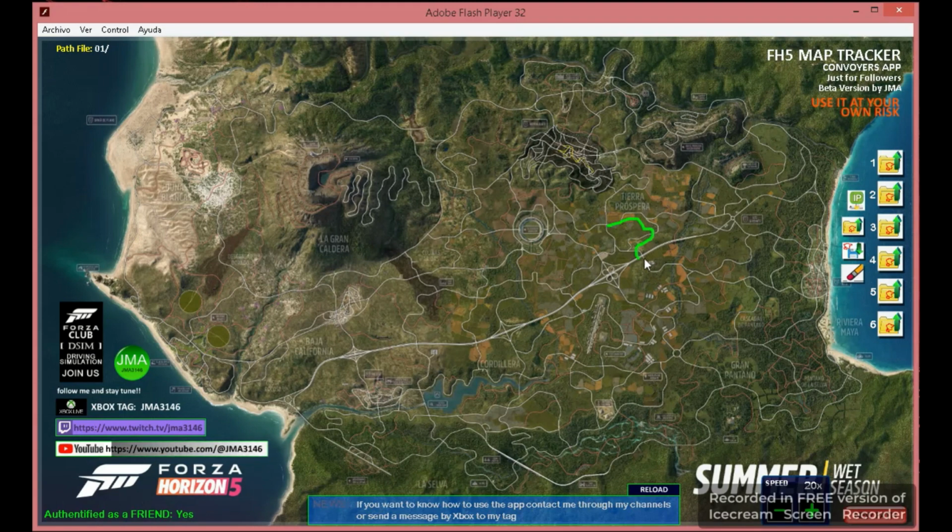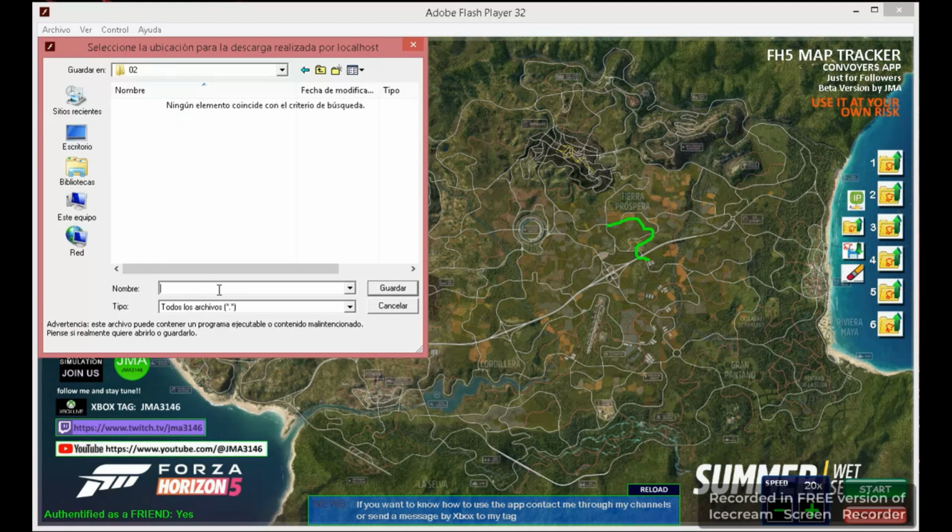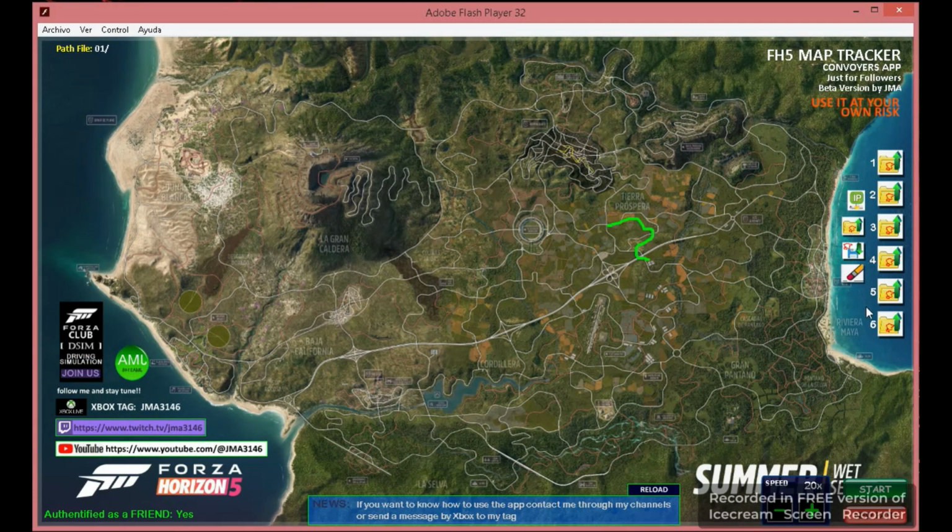Next, save it. Instead of writing the whole name, I'm just going to write number 2 and save this route again, and then I'm loading the folder, the O1 folder. Now the 2, and this is all. If I want to load the weekend trip, or the new trip,